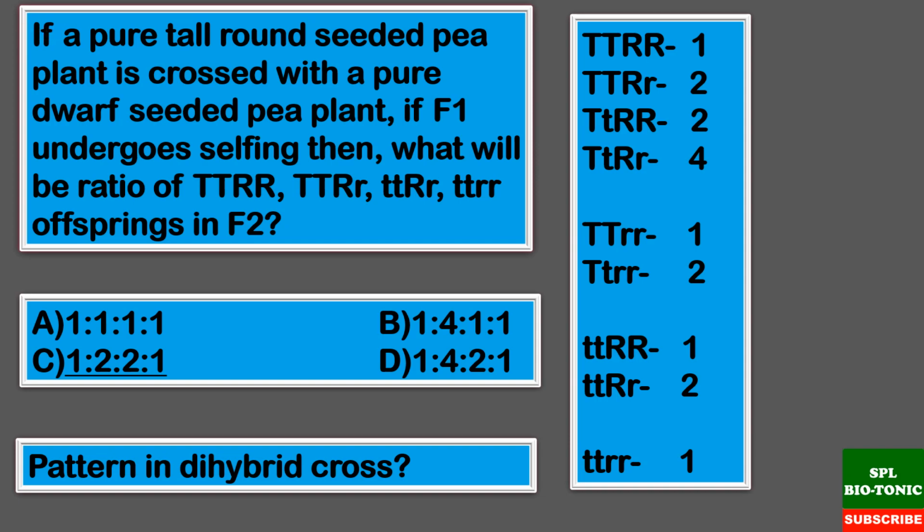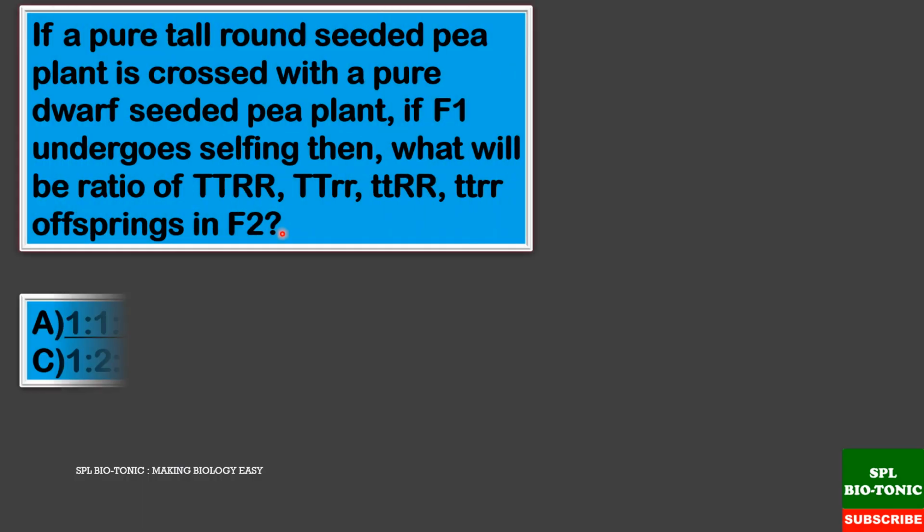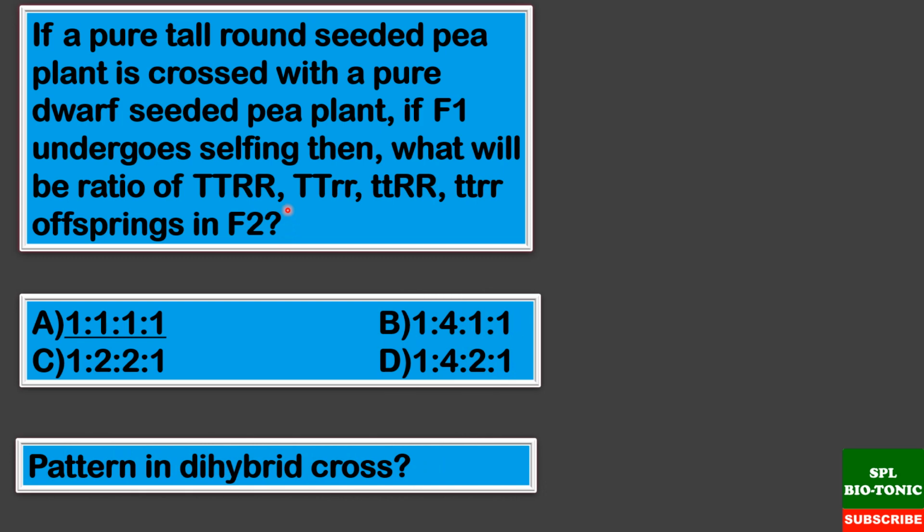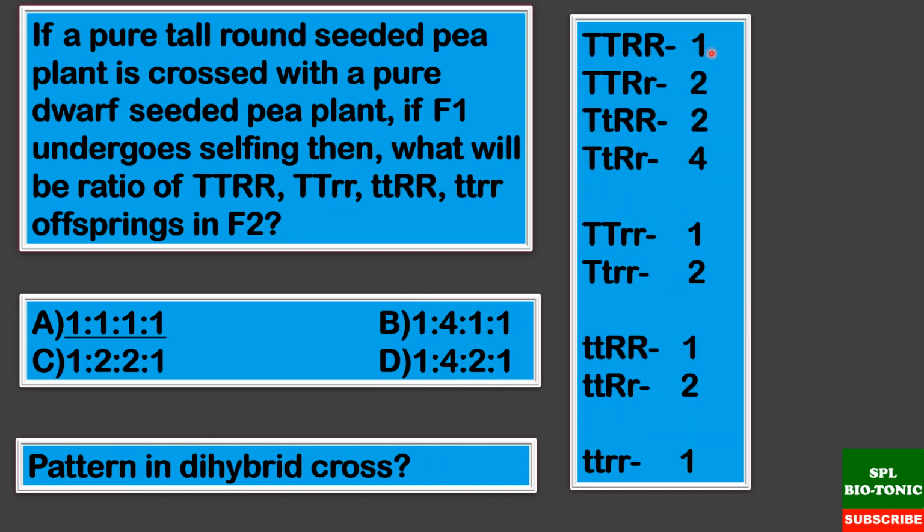Let us take one more example. Students, in this example, we have asked the pattern of, first, capital R capital T, then capital R small t, then small r capital T, and last is small r small t. So once you read the question carefully and read the type of genotypes asked as a ratio, then we can get the answer as 1 is to 1 is to 1 is to 1 quickly, in no time. So the answer should be here 1 is to 1 is to 1 is to 1. That is answer A. Now we'll take one more example.